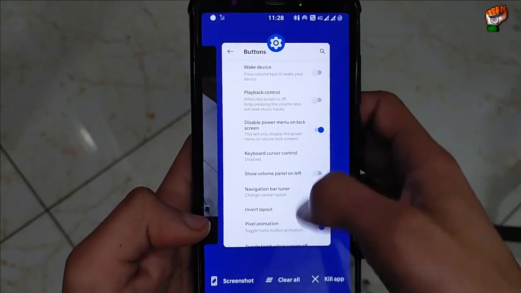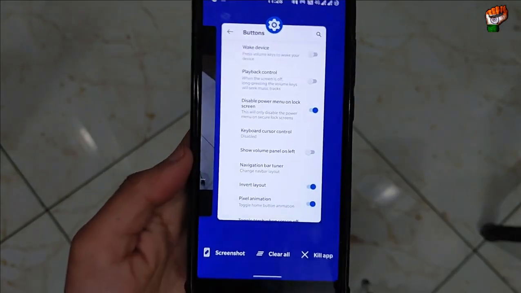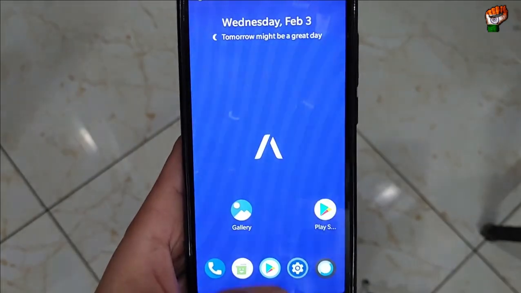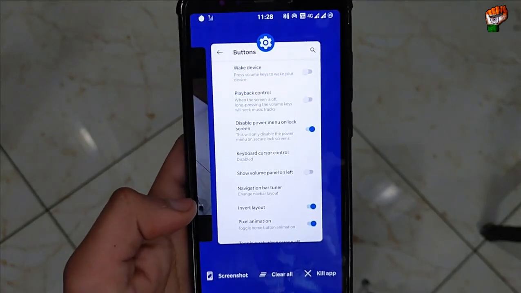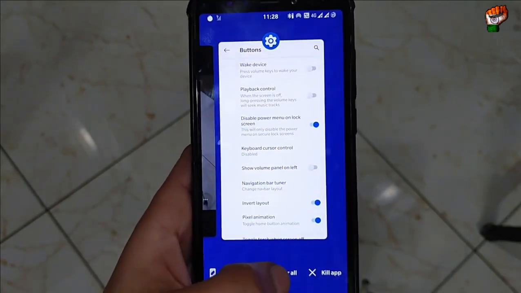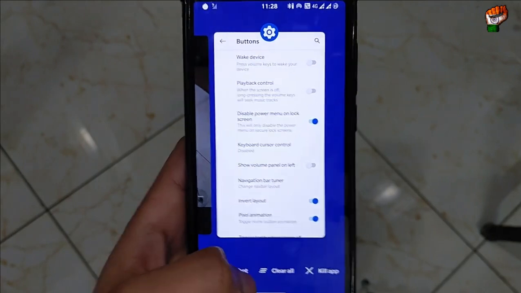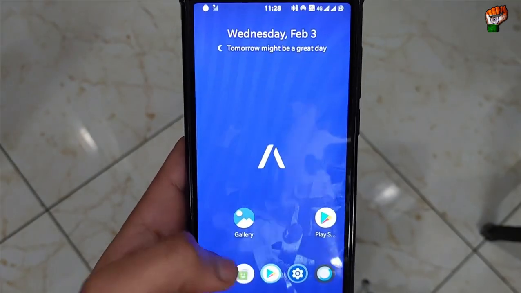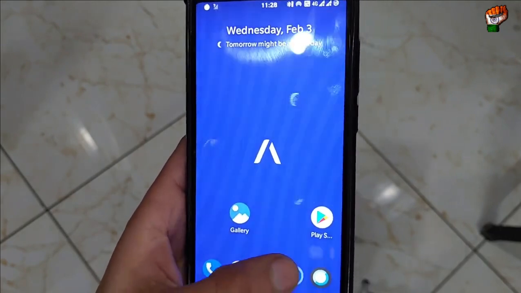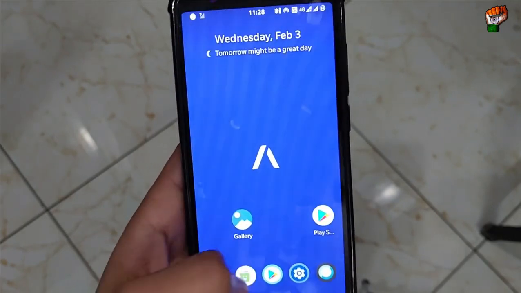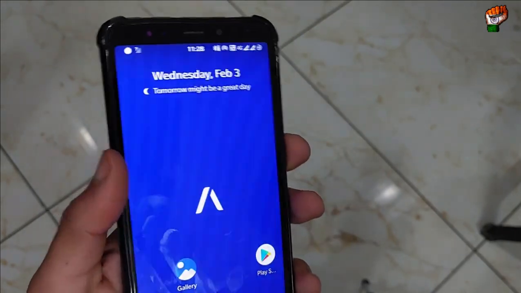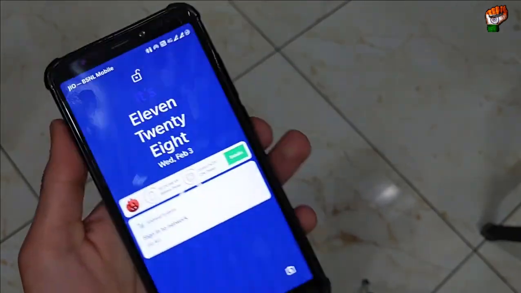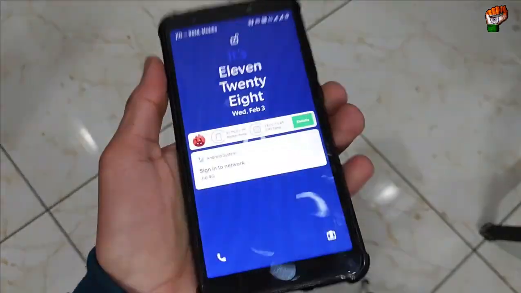It is not working. Sometimes it lags. And the second problem, there is one major problem in this ROM. It takes a lot of time to restart or shut down your device. If you click on reboot, it will take approximately 15 minutes to reboot your device, and it is stuck on the settings icon. As you can see, it is lagging right now. It is not yet stable in Android 11, so I do not recommend this ROM for daily use.